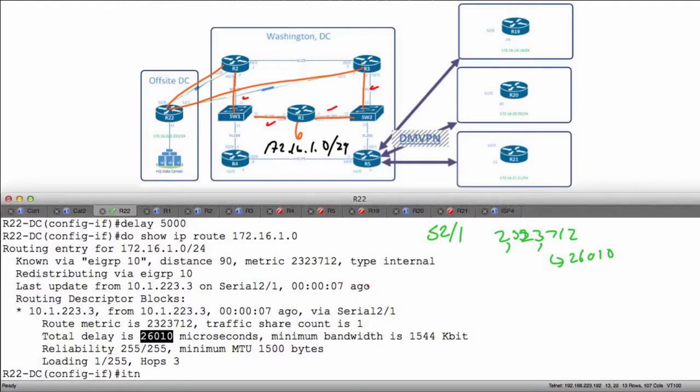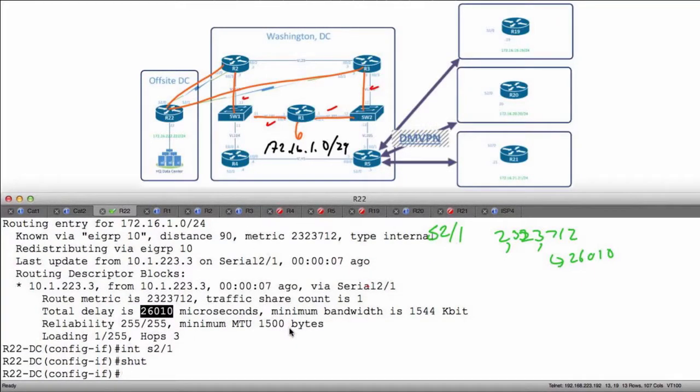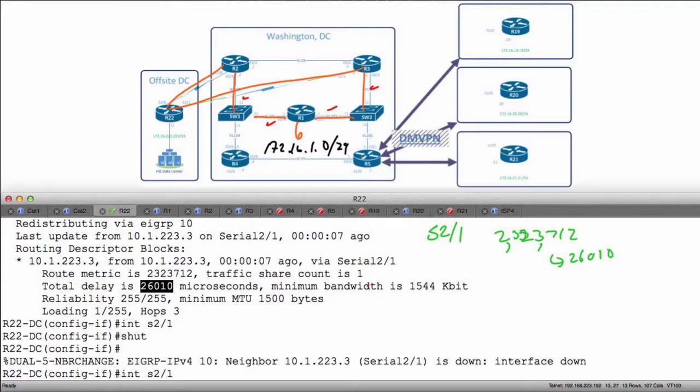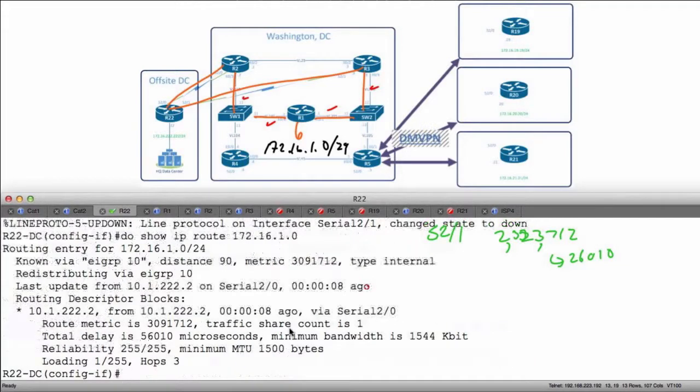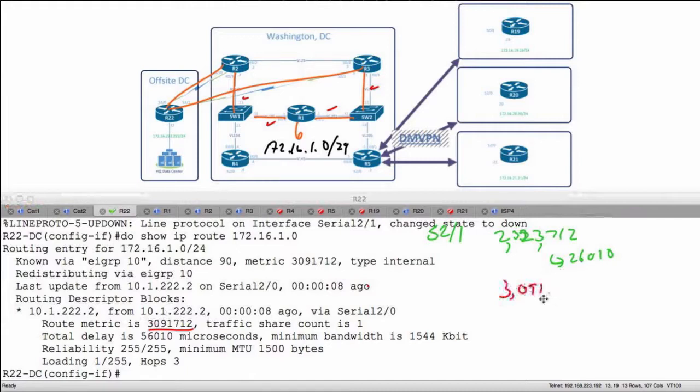I'm going to go to interface serial 2/1 and shut down this interface. Then I repeat my show IP route, and we have a completely different value. Notice we have a metric now of 3,091,712,